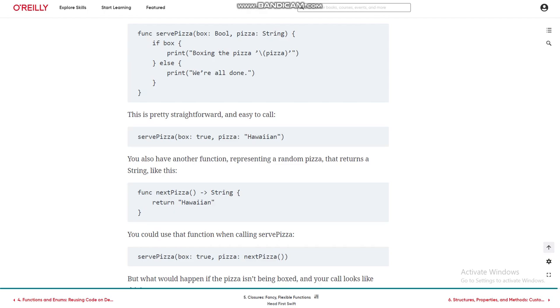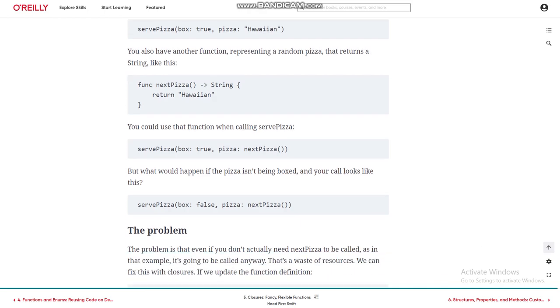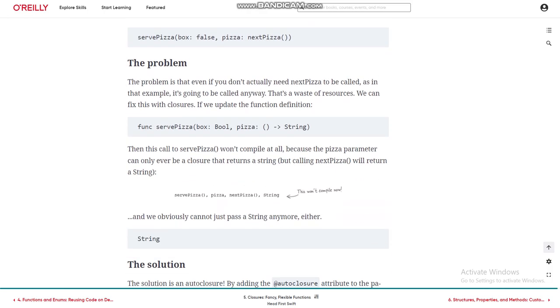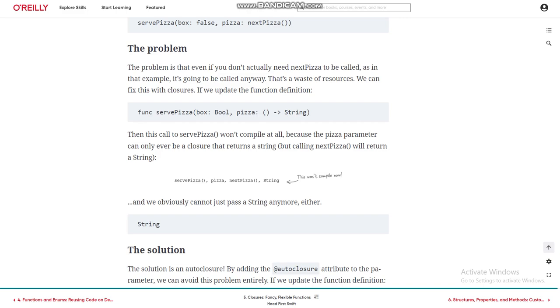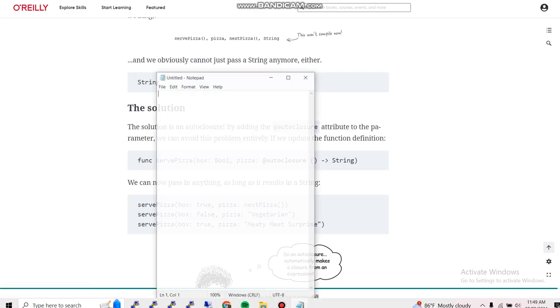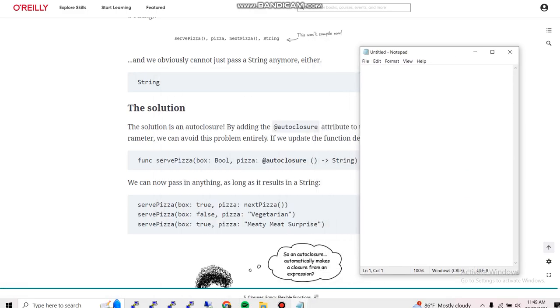So you are going to run this code, and then you are going to send this value and pass this one, and return some string from this value, and you are going to use autoclosure. Autoclosure is so useful because it lets you convert some values that you don't have. It's a little bit more flexible, so it means that